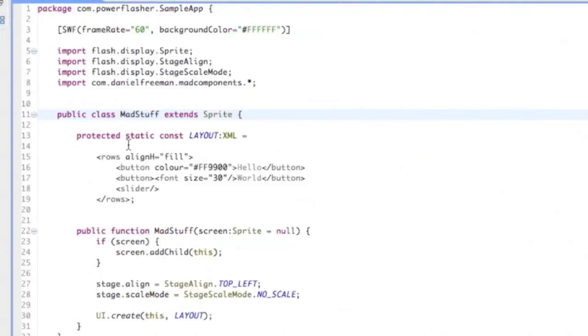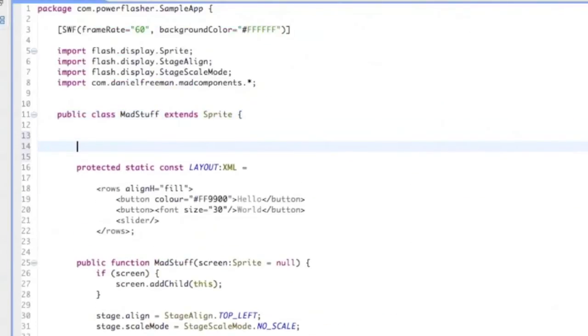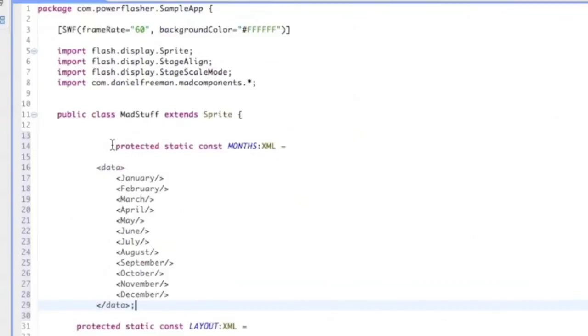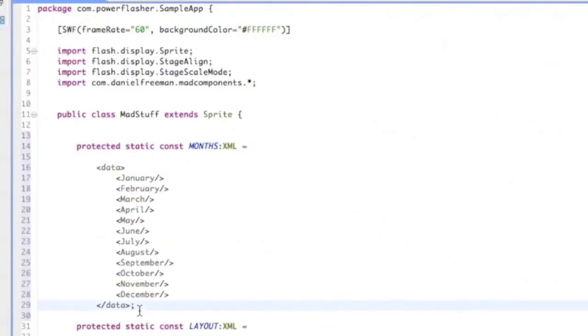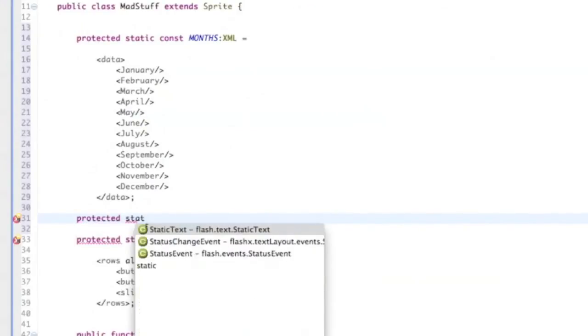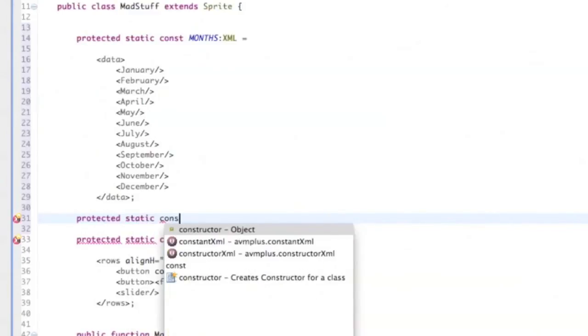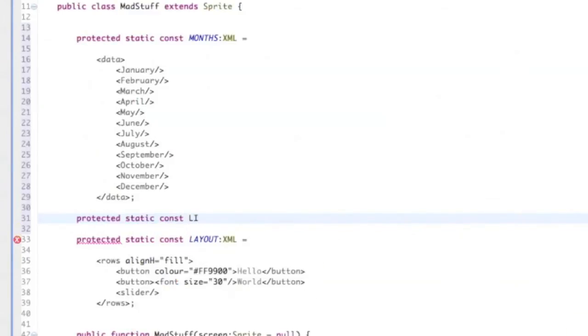Let's do something a little bit more sophisticated. I have some data here. All my data is just the months January to December, and I want to display that data as a list. So I'm going to create a new layout, protected static const. I'm going to call it list this time,